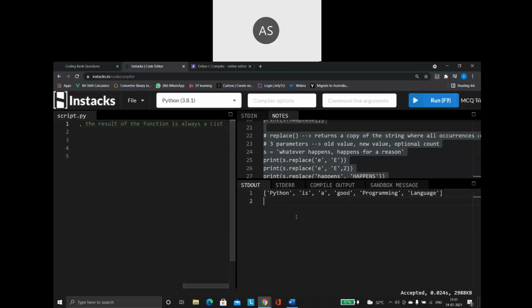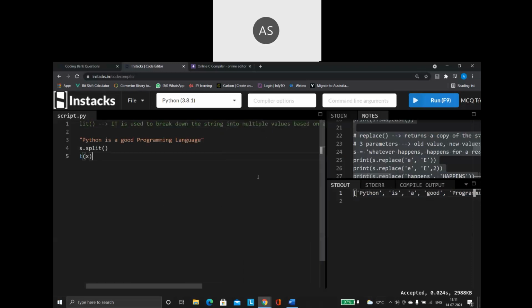Always a list. See here how the values are given within a list. Whenever I see a square bracket, I can confirm that it is a list. So the split function, after splitting, the result of the function is always a list.